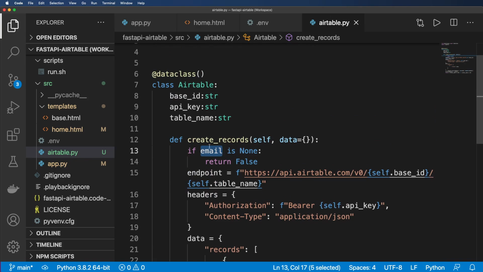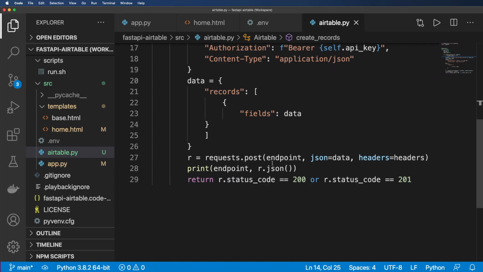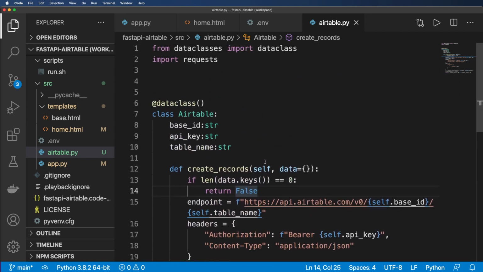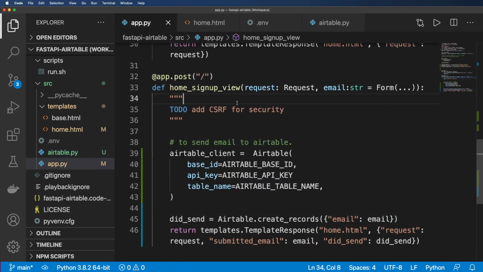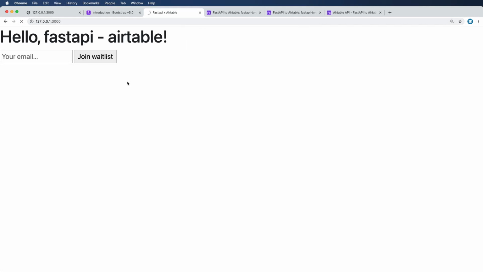So this is a lot closer to what you might see as a production type thing. And so all I want to do here is now say length of data.keys is equal to 0. Then we'll return false. So if you're not putting any data in there, maybe we'd raise an exception, but in this case, I'll just return false. So now we should actually see something working a lot closer to what an actual client might end up working like. So let's go ahead and give this a shot now, and I'll refresh in here and hit continue,